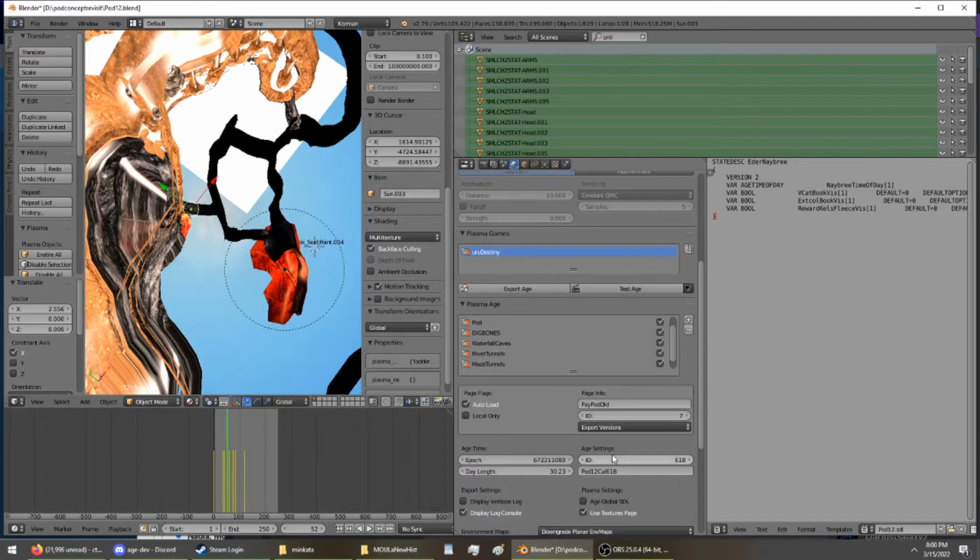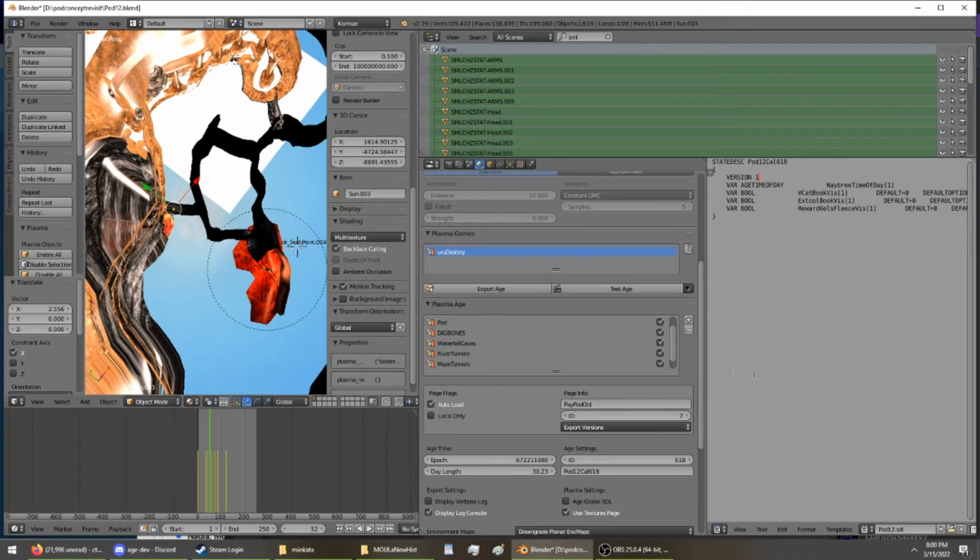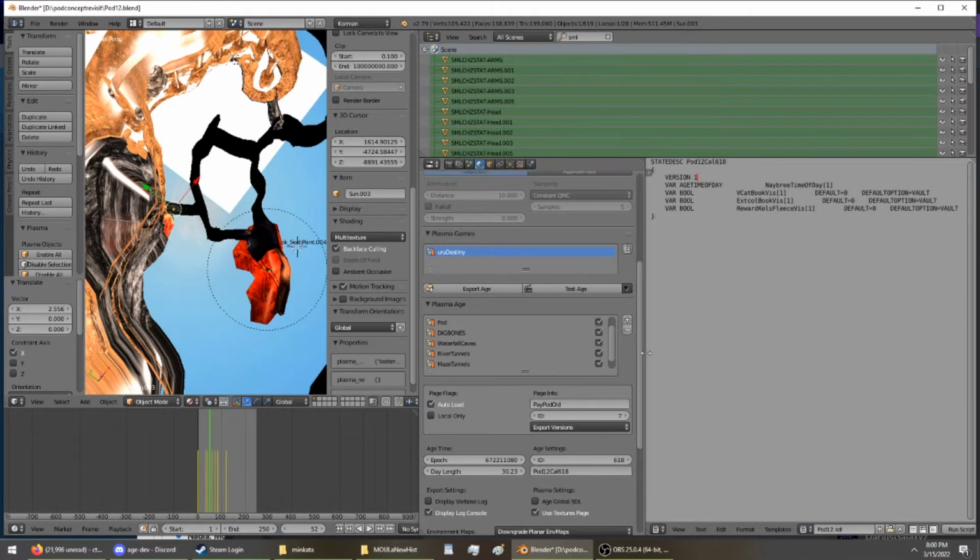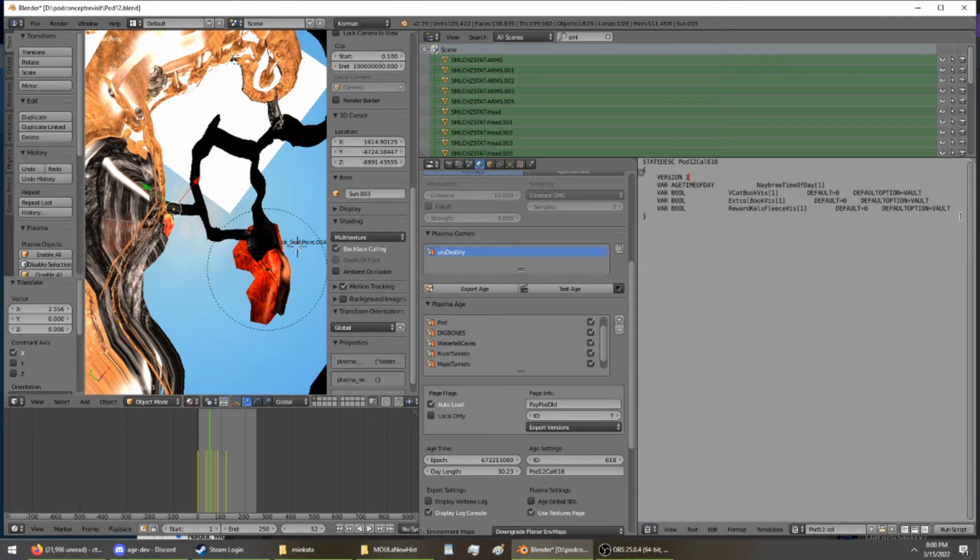So if I go here and copy my name here, and then I'll go pod 12, state desc, pod 12, and then I'm going to change this to version 1. Now, I'm not at present planning to have any toggleable variables in the age. I will cover that in its own tutorial, but essentially I will probably just leave these. I am going to end up having a clothing reward,